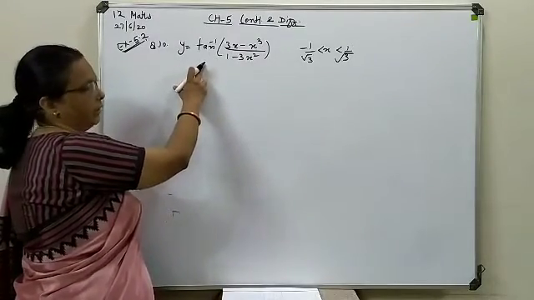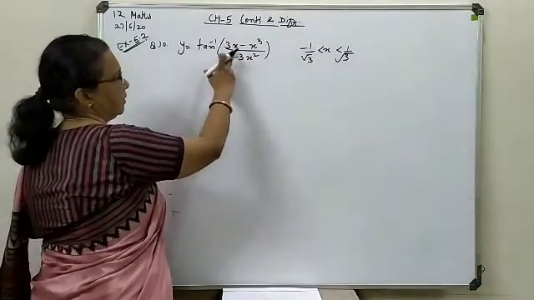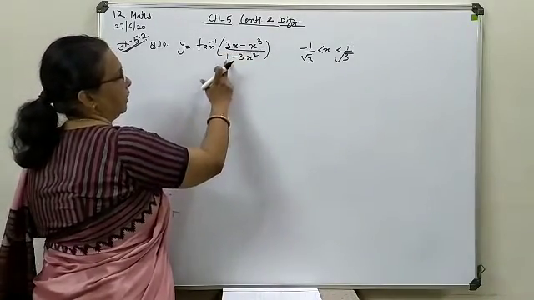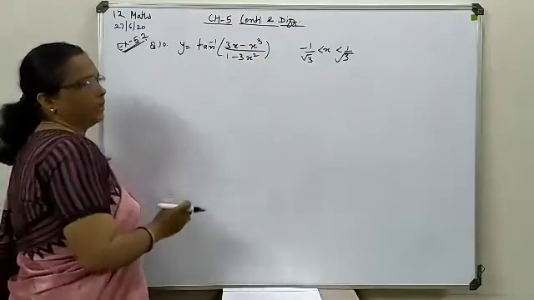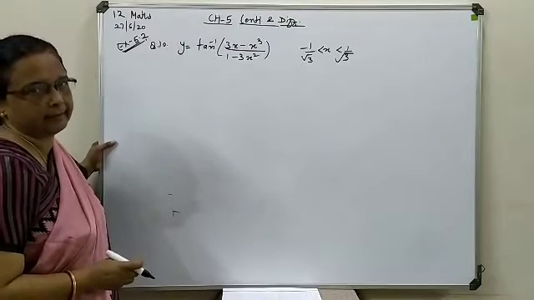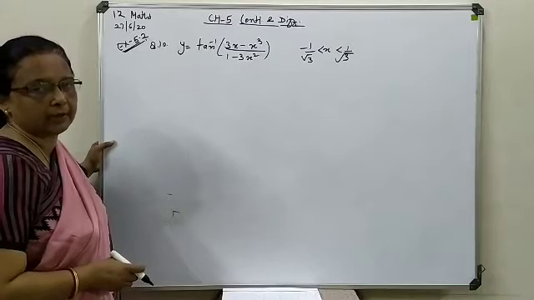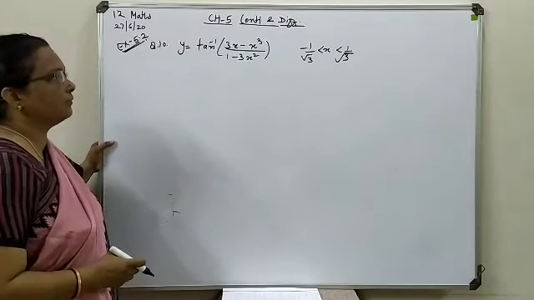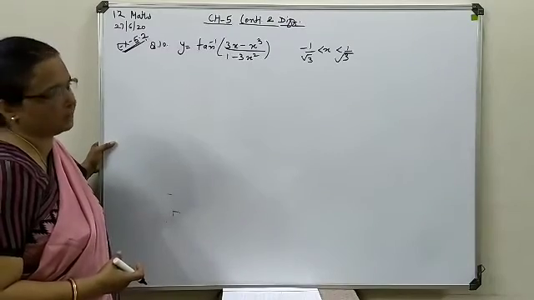available in terms of tan inverse, and in terms of x the combination is available as (3x minus x cube) upon (1 minus 3x square). If you look at this combination carefully, you will find that on substitution of tan theta, it will give you the formula of tan 3 theta. So this is a reference for us from the question itself for what we can go for substitution.